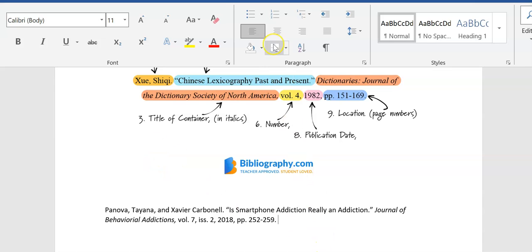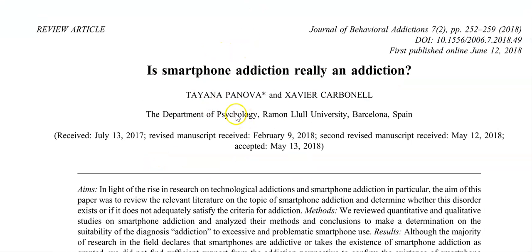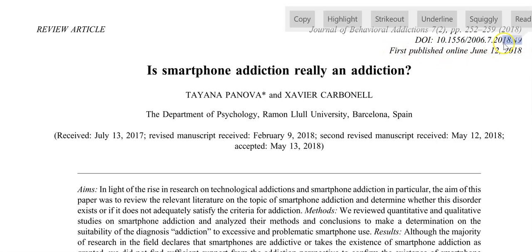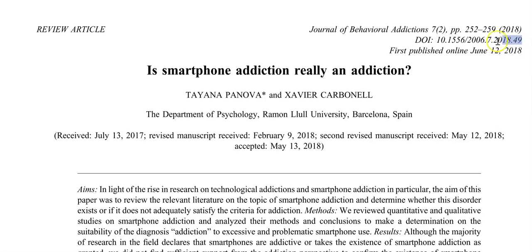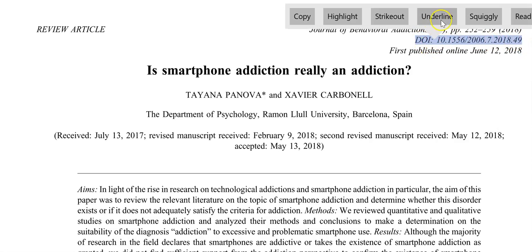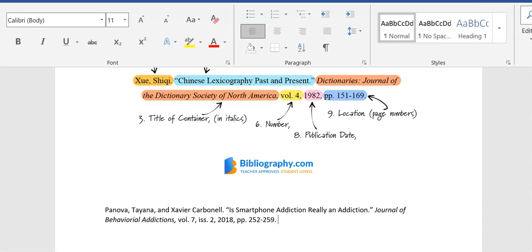Okay, and if I found this through a database through the university website, I would add that information. But I didn't use one for this one. And I'm also going to include here the DOI.